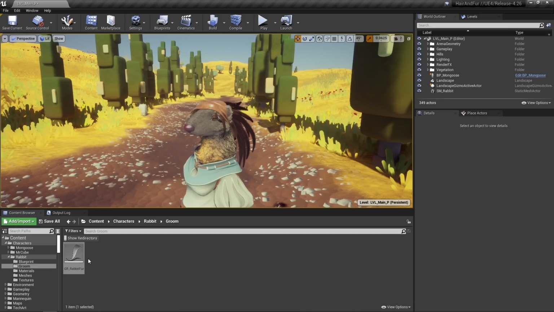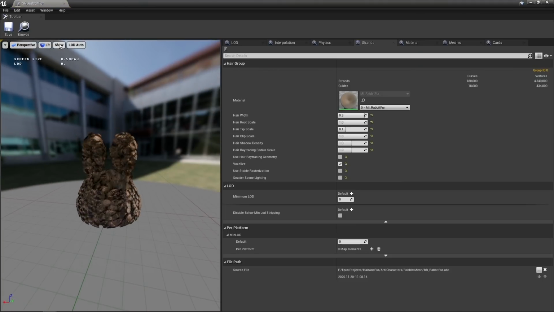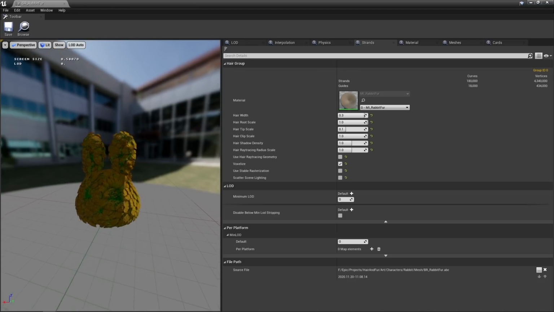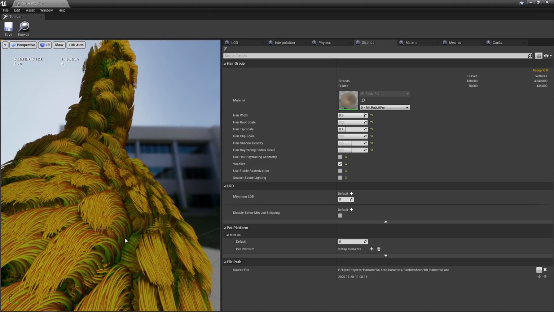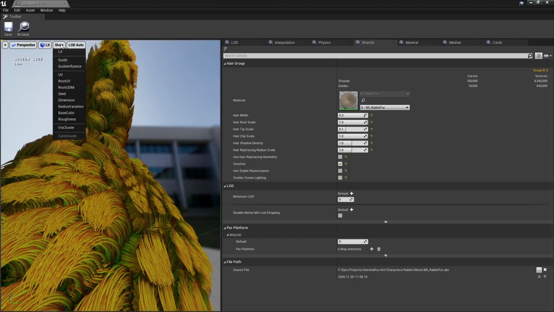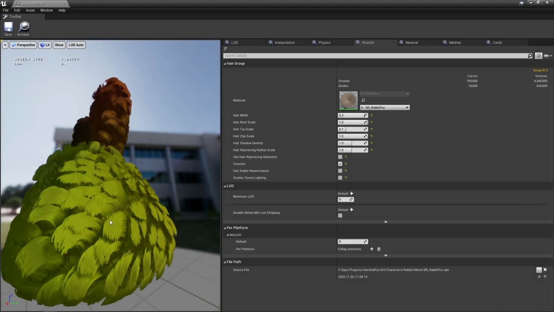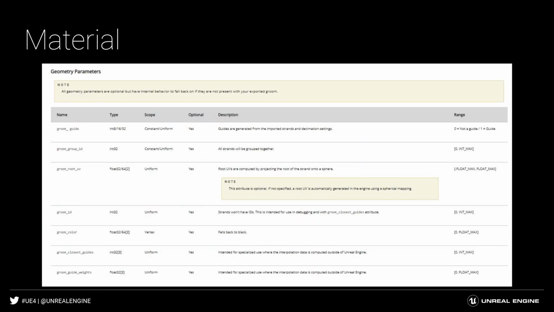Let's go again to the editor. Inside the groom asset, here, in the different visualization modes, we can show, for example, the UV. We have the UVs. And as you can appreciate, here we have 2 dimensions. So we have that, we can progress in this dimension or around the strand. Those values are going to be generated for us, but in the root UV, for example, these values are going to be imported from our Alembic file and will be usually correlated to the UVs of the mesh.